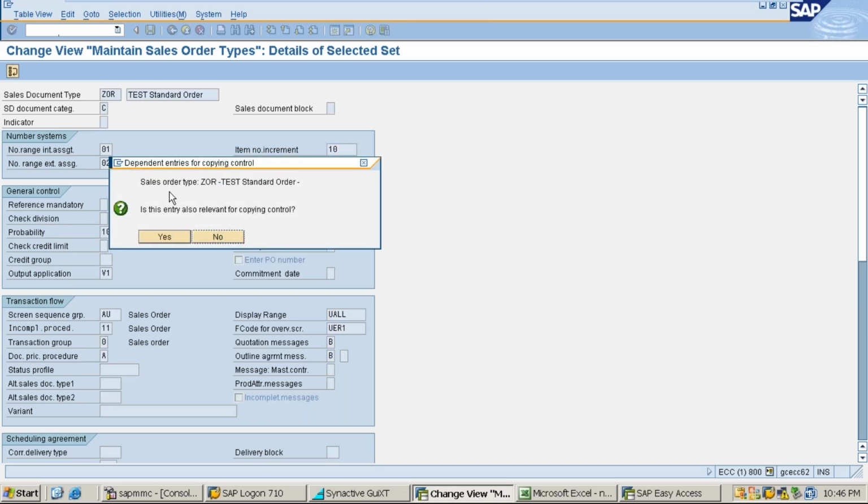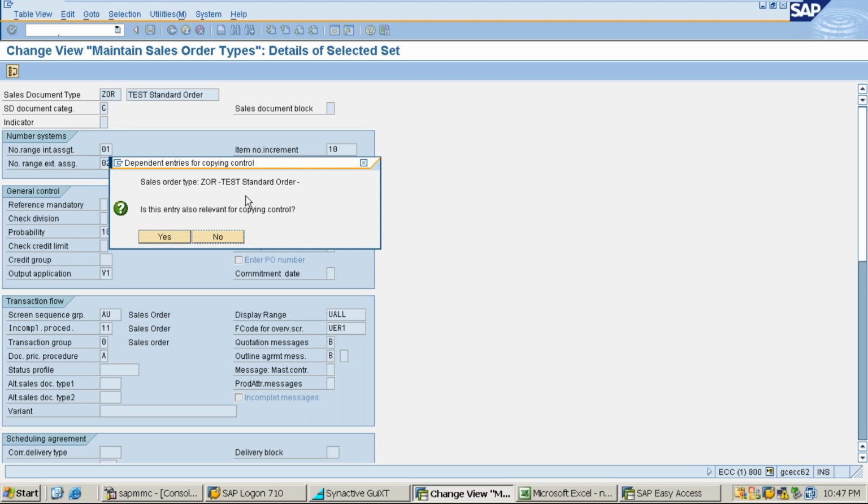As soon as I press enter, the system gives a pop-up message about dependent entries for copy control. The system is asking whether you want to copy the relevant copy control information. If you want to copy the background information which is assigned to or related to this OR document, you can click yes.